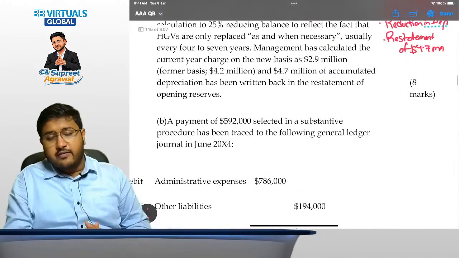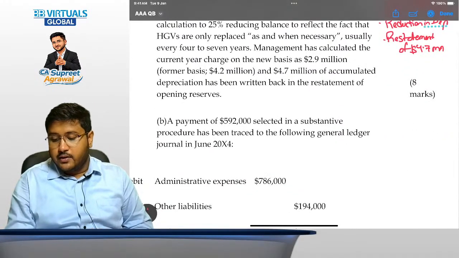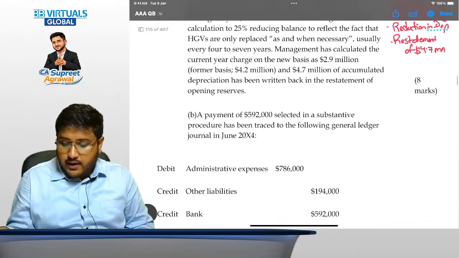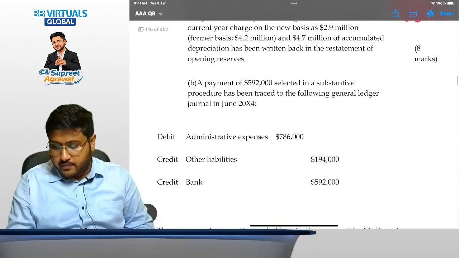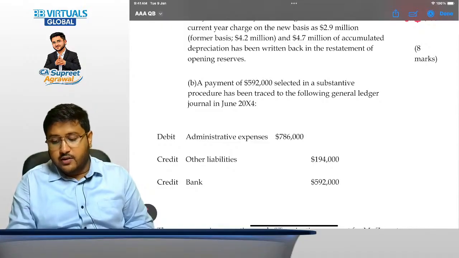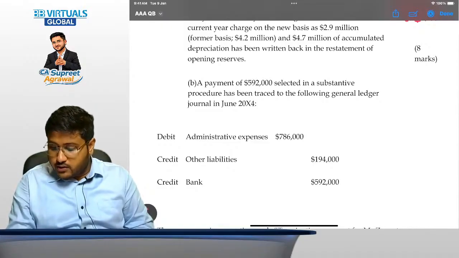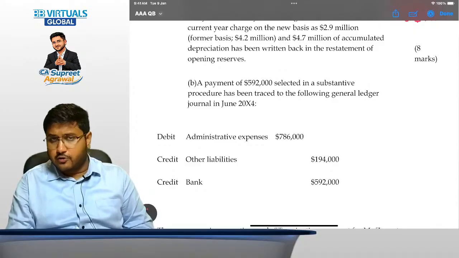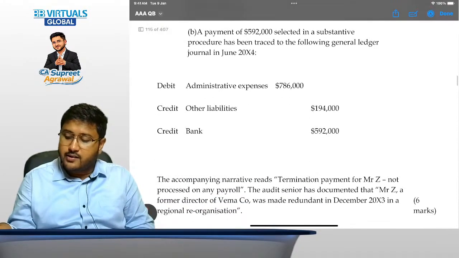Now a payment of $592,000 selected in a substantive procedure has been traced to the following general ledger in June 2024: administrative expenses, to other liabilities, to bank. That is, administrative expenses have been paid off to the extent of $592,000, and the other liabilities have been recorded